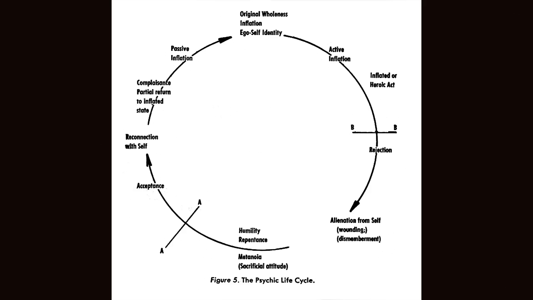Through that state, something happens where we experience rejection, we experience an alienation from all those energies we previously had been identified with. Suddenly we're alienated from them. We have no access to this energy. We feel terrible. We go through a period of wounding, dismemberment, until we reach the very rock bottom,